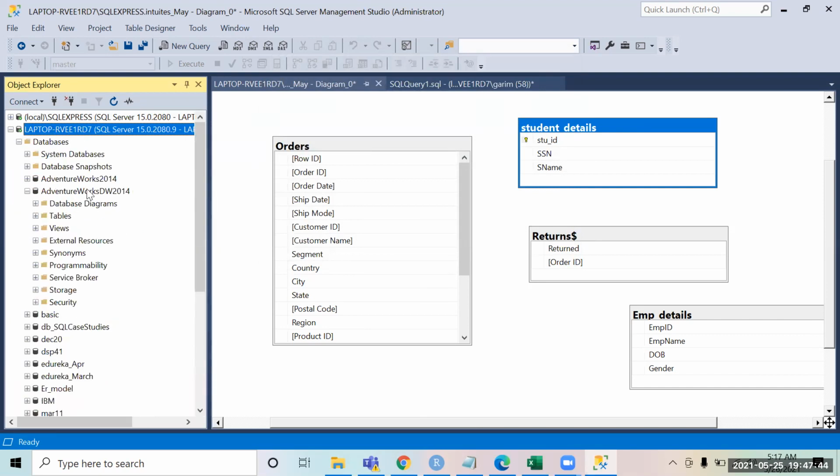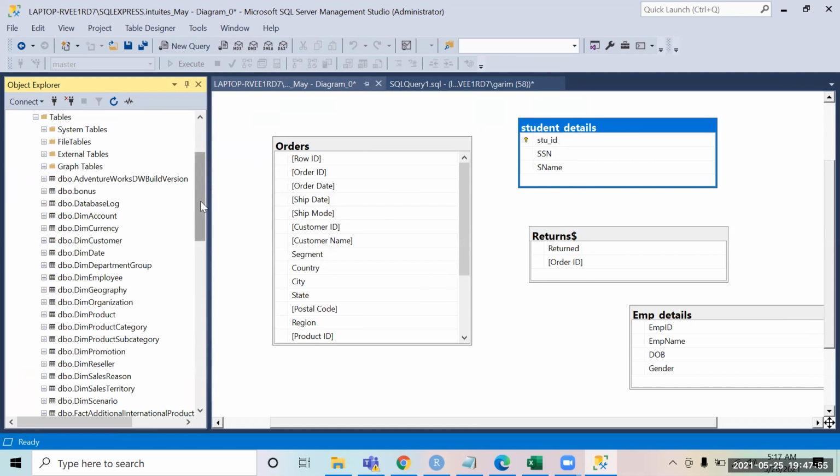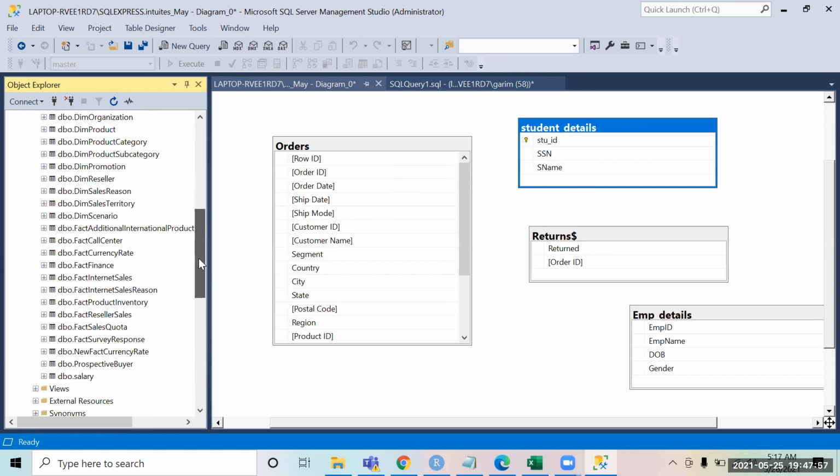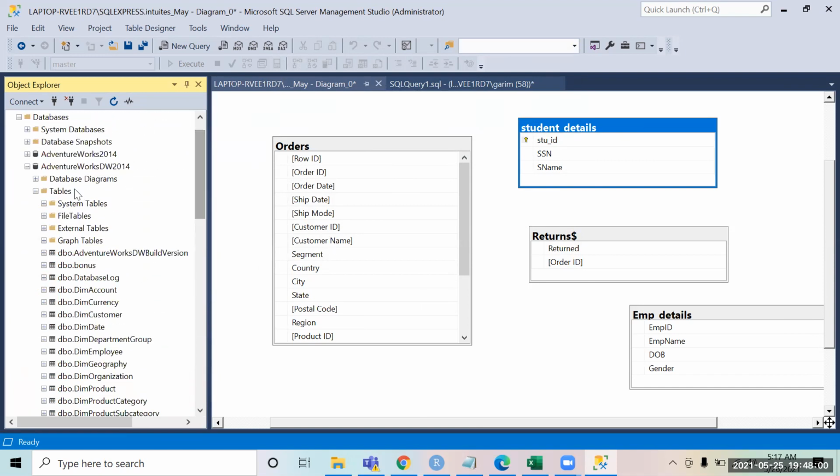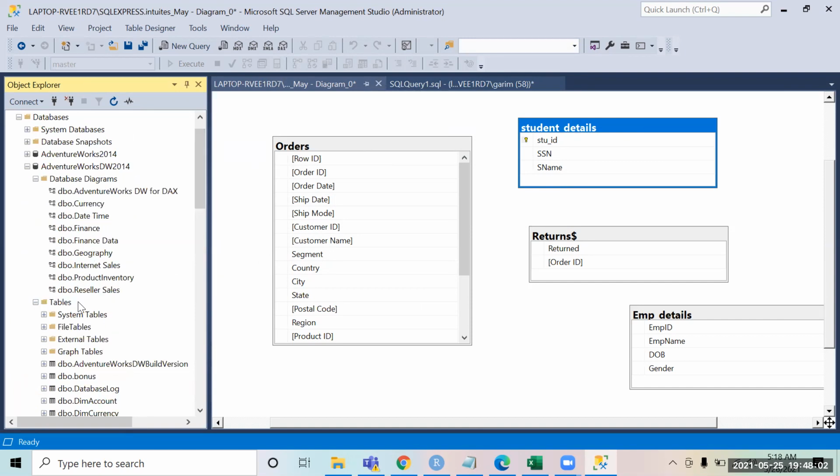See, in this, I have a data warehouse as well. So now what I'll do is in this data warehouse, if I'll show you the tables. So we have lots of tables in this, fact tables, dimension tables. We have multiple tables that you will be able to see in this now. So what we do over here is, if I now show you, you can see there are multiple diagrams that you see over here.